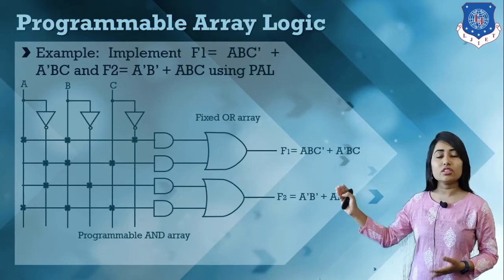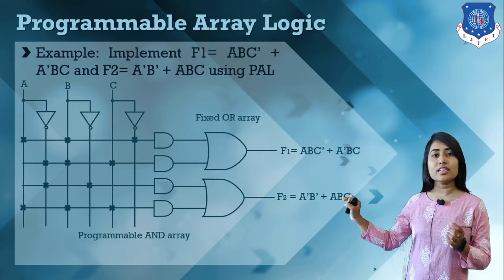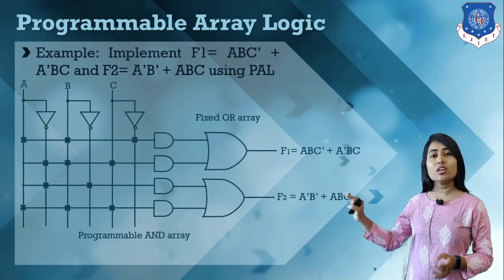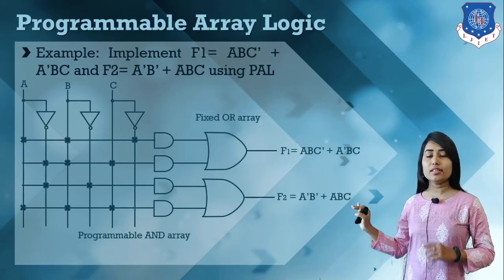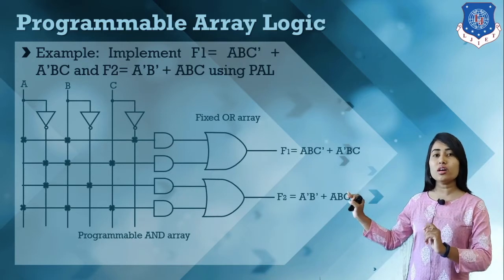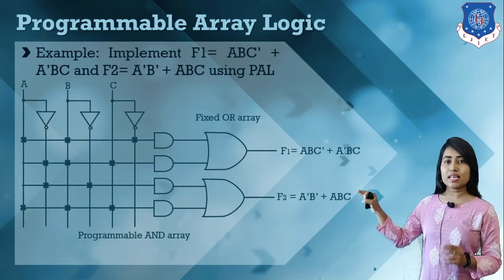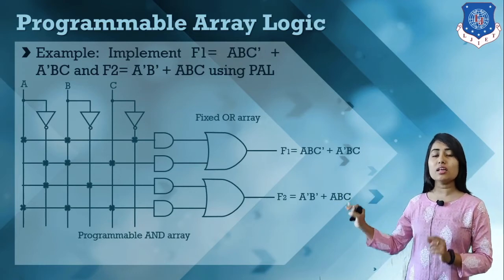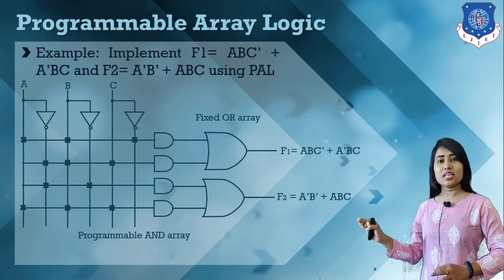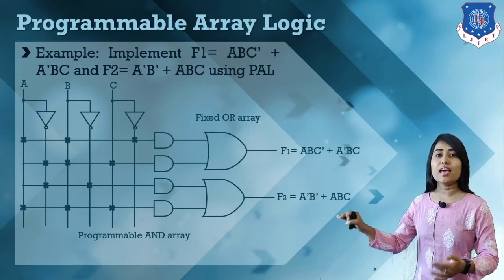Okay, so here we have 3 input variables A, B, C. One inverter is used for each and every input, so here we have A dash, B dash, C dash. Now in the first term we require A B C dash, so here we mark a cross sign for A, B and C dash. That means A B C dash is connected with the first AND gate, and in the second AND gate we connect A dash, B, C.